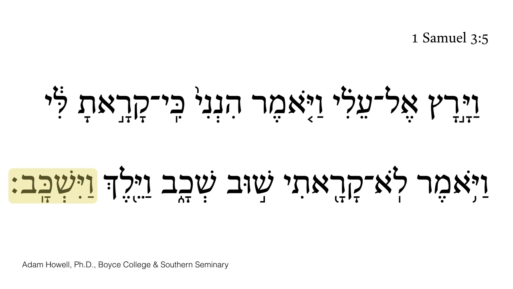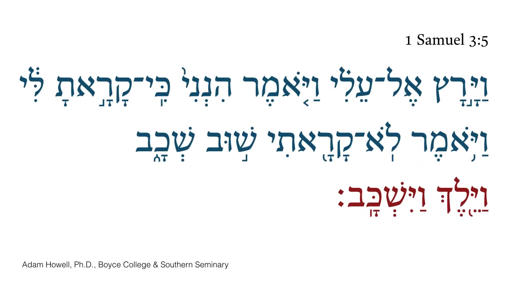Now, in order to see the accents a little more clearly, I want to first set off the two major segments of the verse. And first we have the Athnok segment and the Saluk segment. We're going to mark those off here by red and blue, respectively. And we can now see our two major segments of the verse. In this case, the Athnok segment is significantly longer than the Saluk segment, you'll notice. And this is likely due to the Athnok setting off the direct speech interaction between Eli and Samuel.